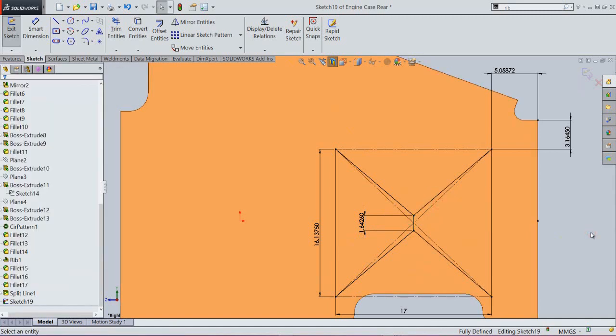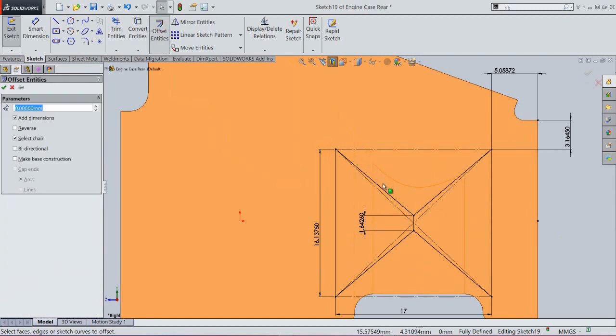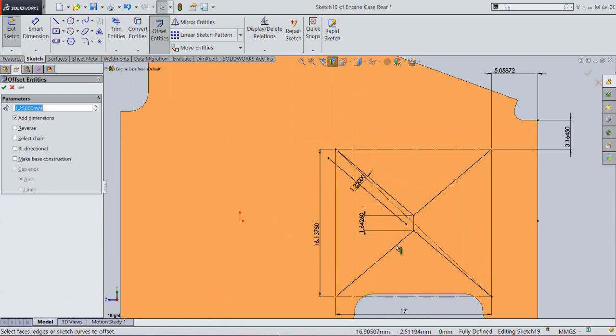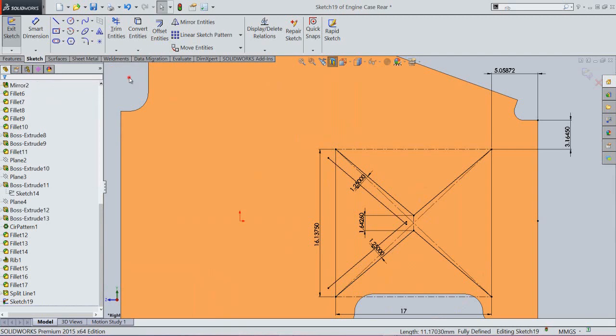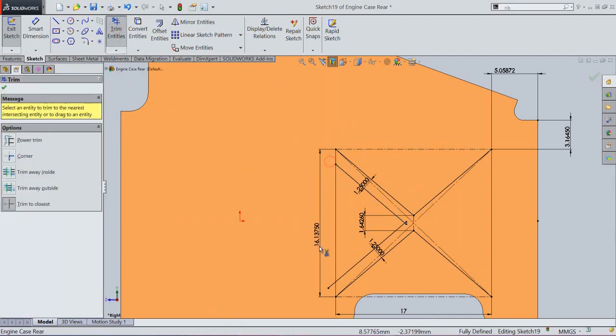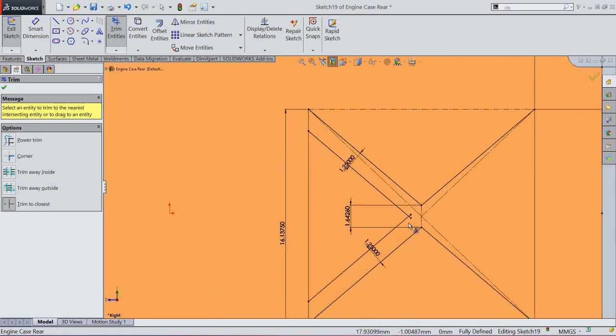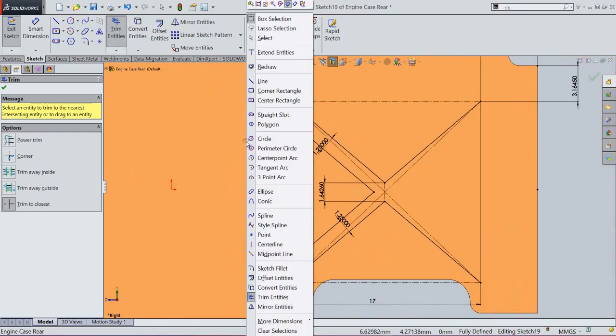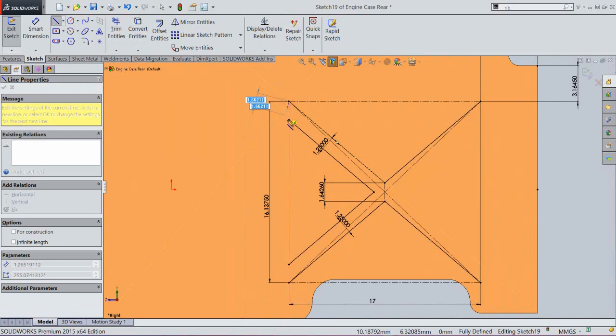Now we will activate the offset entities command and select this line. Set the offset distance value 1.25 mm. Now see. Create another offset of this line. Trim these lines. Okay, that's it. Now create 2 more lines to close the sketch profile.